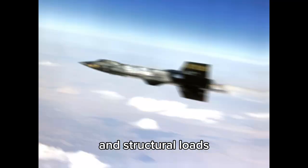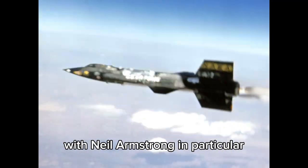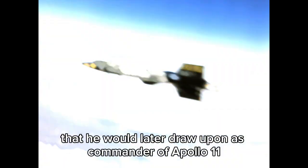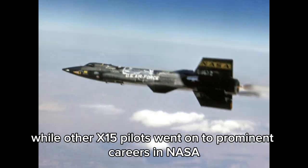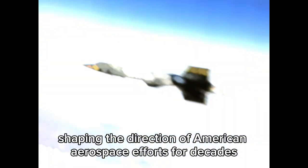aerodynamics and structural loads. The program also became a crucial training ground for astronauts, with Neil Armstrong in particular gaining invaluable experience in high-speed, high-altitude flight that he would later draw upon as commander of Apollo 11, while other X-15 pilots went on to prominent careers in NASA and the Air Force, shaping the direction of American aerospace efforts for